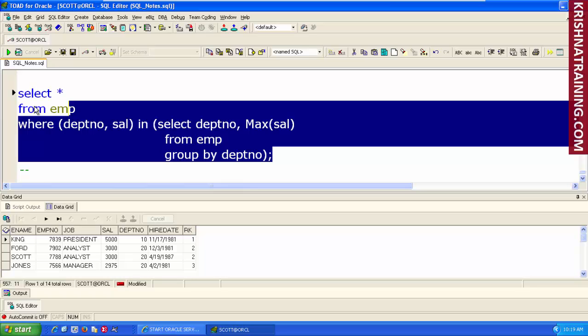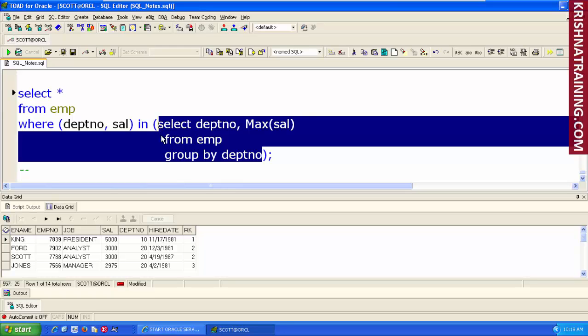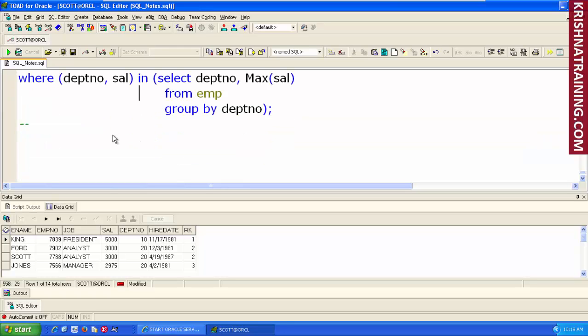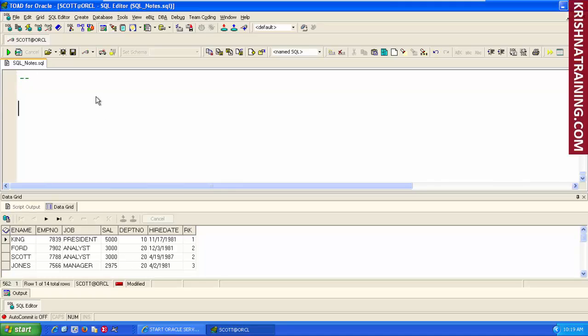So everybody understood this query, right? Where I used a group by statement to get multiple records and then equated it this way. I'm going to write the above query using the correlated subquery method. See how it changes. Select star from EMP E where E dot sal in select star from EMP D where